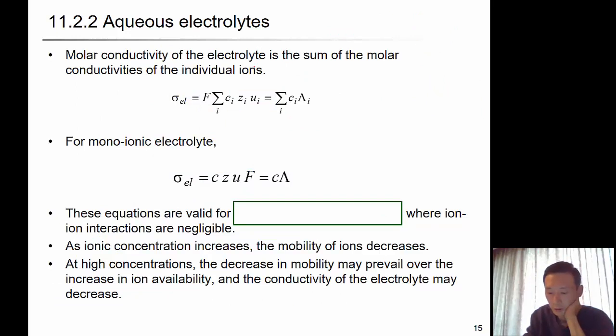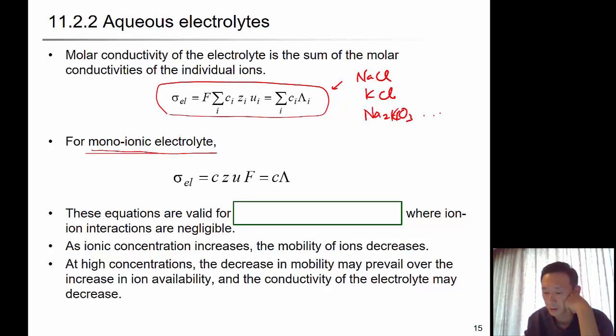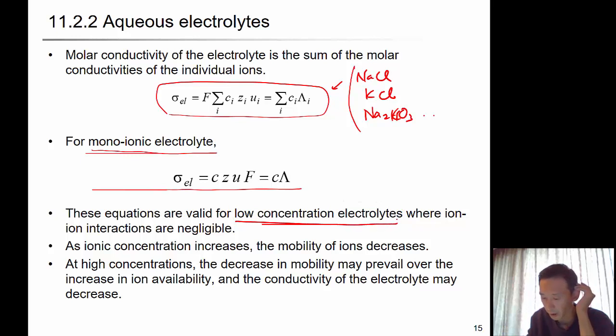The molar conductivity of the electrolyte is the sum of the molar conductivities of the individual ions. This shows the summation rule, the superposition rule. If the electrolyte contains different kinds of ions, like sodium and so on, then you use this equation. But if it's just one kind, then this equation can be simplified like this. And this equation is valid for low concentration electrolytes. As long as the ion to ion interactions are negligible,